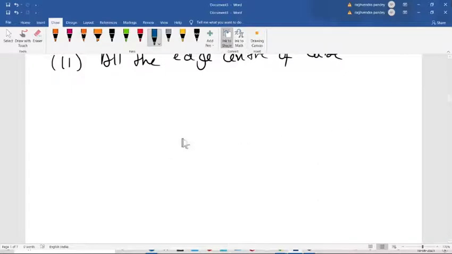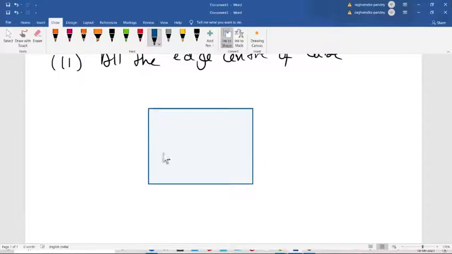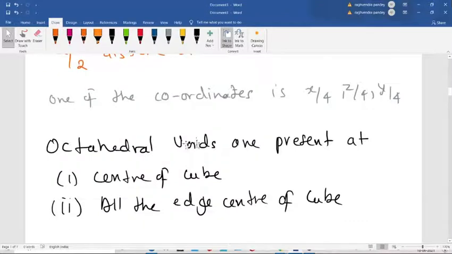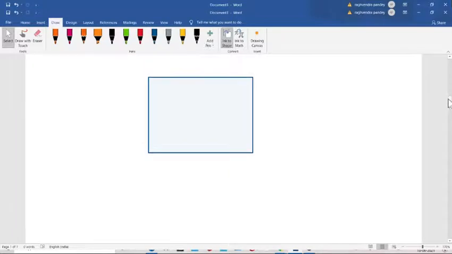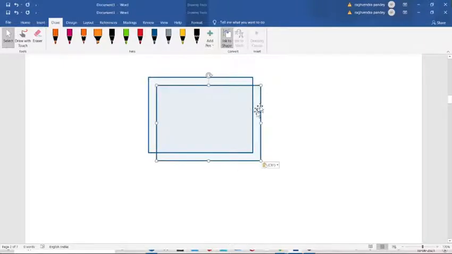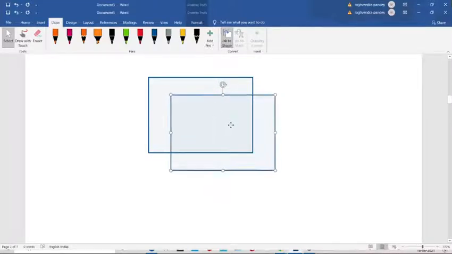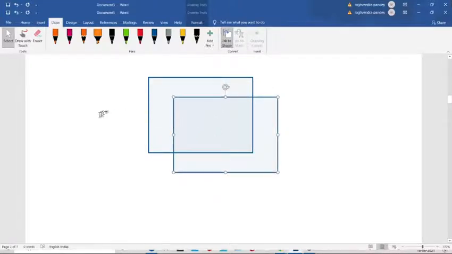It will depict the void space in FCC. No, BCC is different.